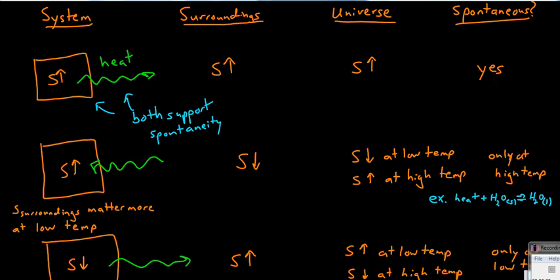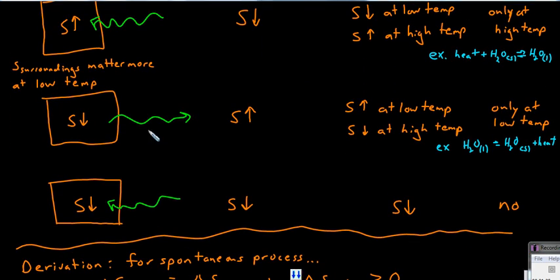But consider our bottom case here, in which the entropy of our system, so the particles reacting themselves, decreases. They start moving around less and less, per se. But additionally, that reaction, it absorbs heat as well. It cools down the surroundings. It makes the surroundings have a lower temperature, and hence the particles of the surroundings will move less and less. They'll also have a decrease in entropy.